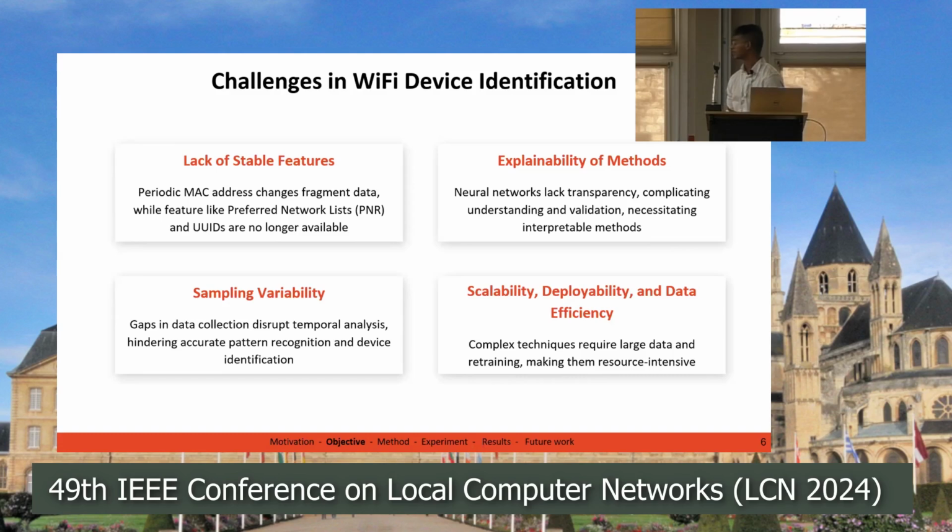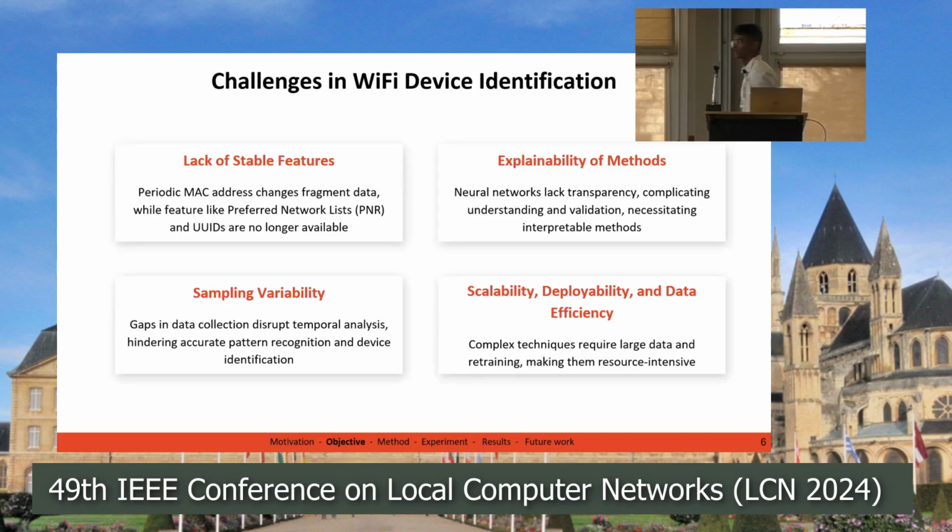Third and fourth is scalability and explainability. So imagine you have a neural net, which some previous work I've done. You need a lot of data to train and retrain this model and adapt these models as newer devices come into the market. Also, it tends to be black box. They don't explain exactly how you get the output you're getting,